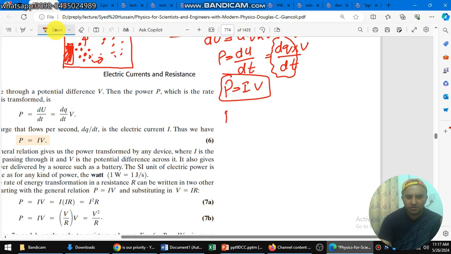Then if we put V equal to IR according to Ohm's law, this will give us I squared R. So this is another formula: P is equal to I squared R. But if we put instead of V